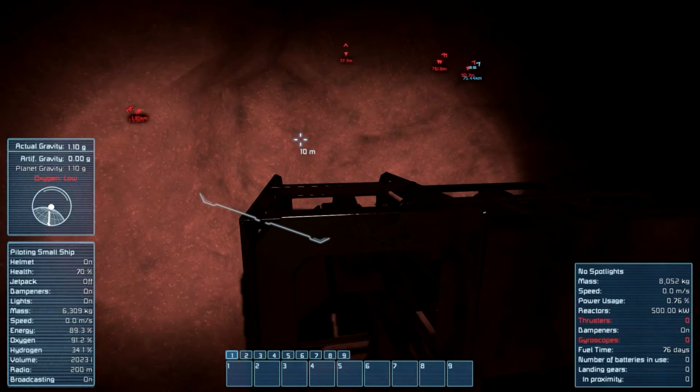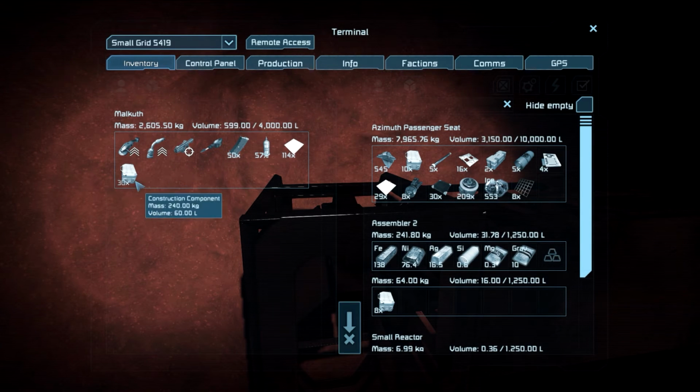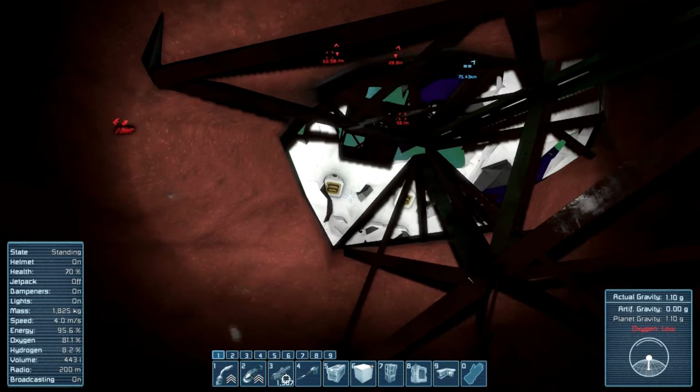Let's put this stuff away for now. Large steel tube, we'll put all that in there. I'll keep a few of these. Let's go look for some more stuff. Should I just build... No, I think I actually need some more, don't I? I need some more steel grids, so...